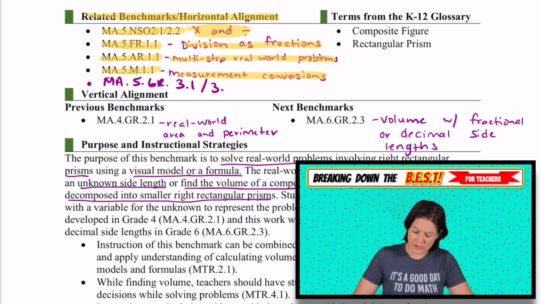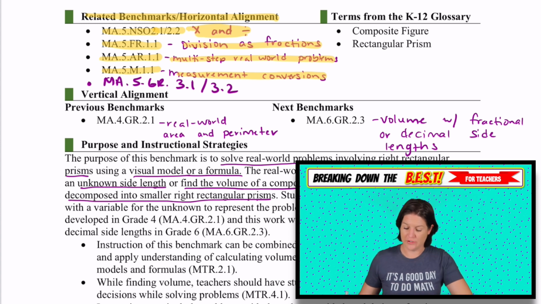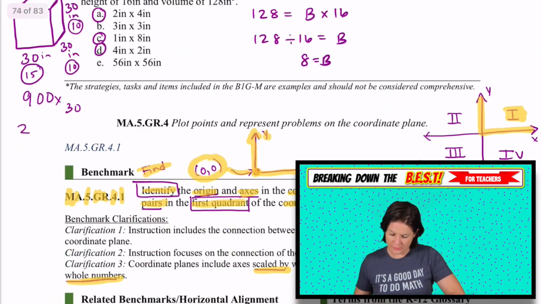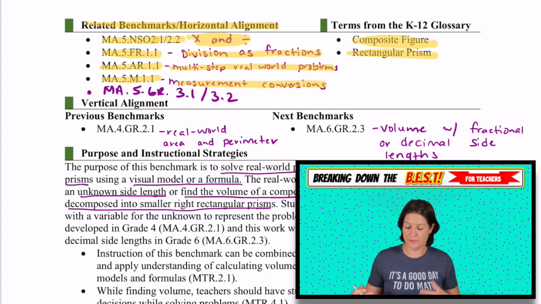MA.5.GR.3.1 and 3.2. These are the previous volume standards that definitely help lead into the standard nicely. For this one, we need to know what a composite figure is and a rectangular prism. A rectangular prism is that box-like figure, and a composite figure is where we can almost split apart the figure to create more than one rectangular prism and find the volume